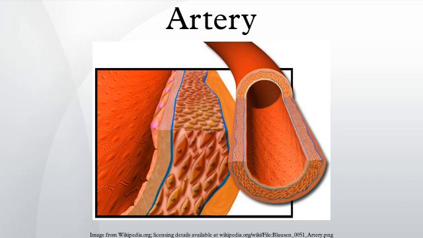Systemic arteries. Systemic arteries are the arteries of the systemic circulation, which is the part of the cardiovascular system that carries oxygenated blood away from the heart to the body, and returns deoxygenated blood back to the heart. Pulmonary arteries. Pulmonary arteries are those arteries of the pulmonary circulation, which is the portion of the cardiovascular system that carries blood rich in carbon dioxide away from the heart to the lungs, and returns oxygenated blood back to the heart.